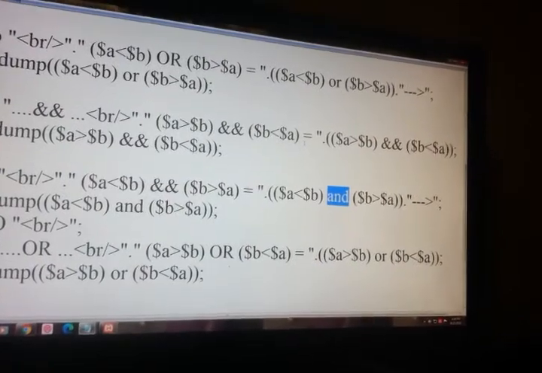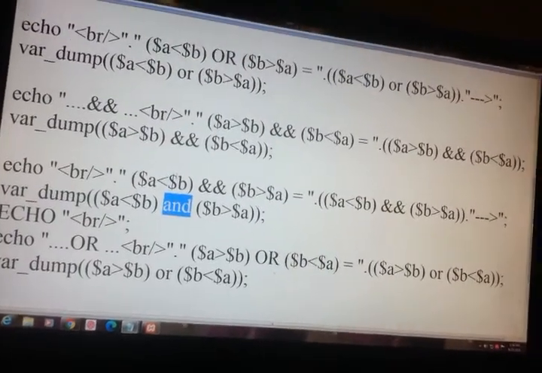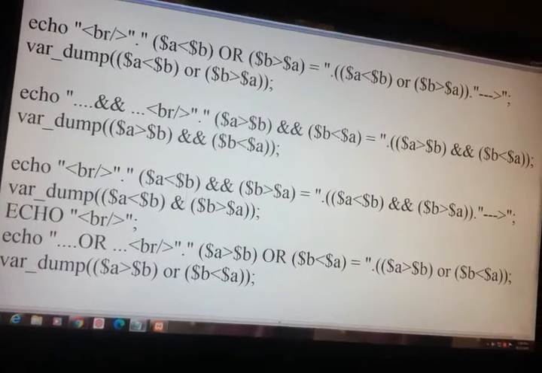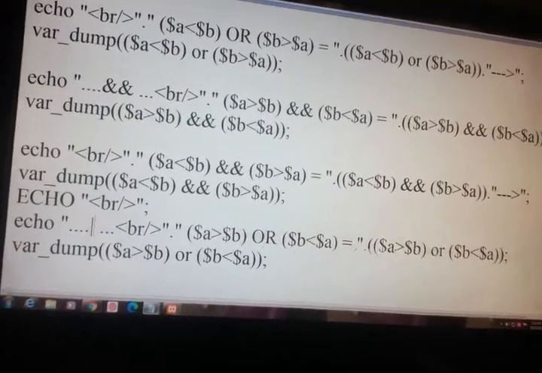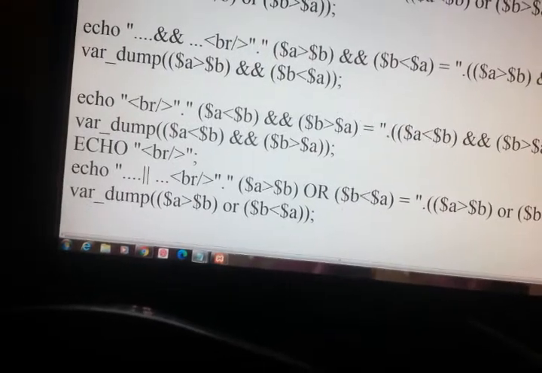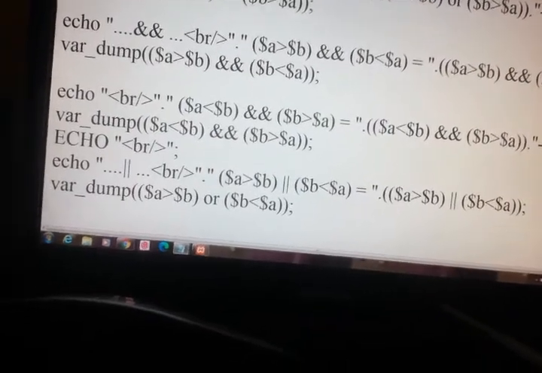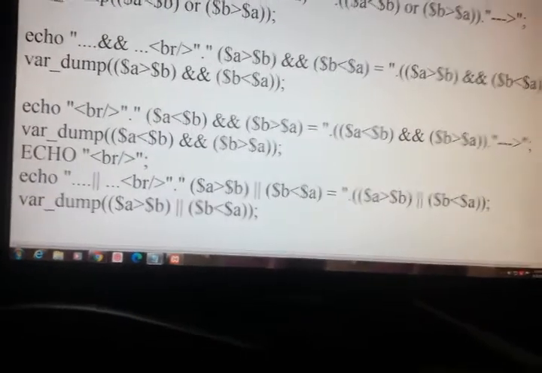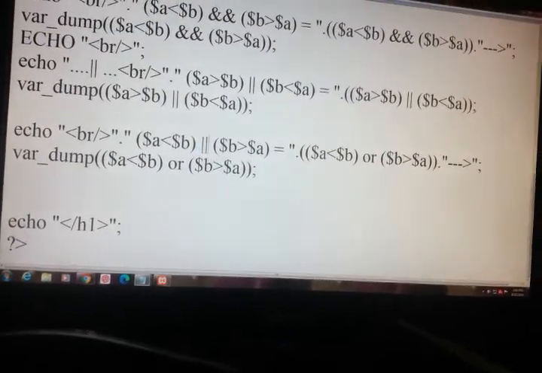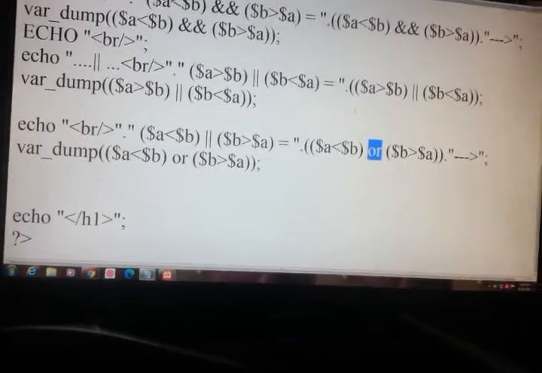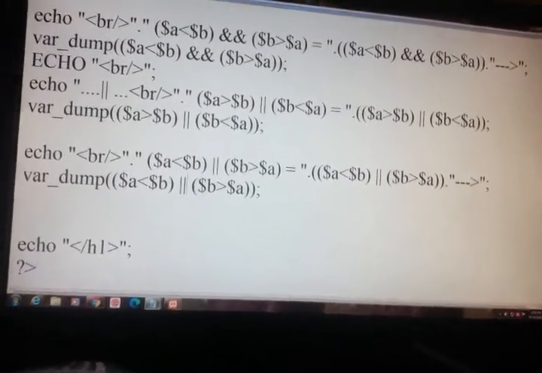Replace with the symbol, and the OR symbol is this. This is all symbols.